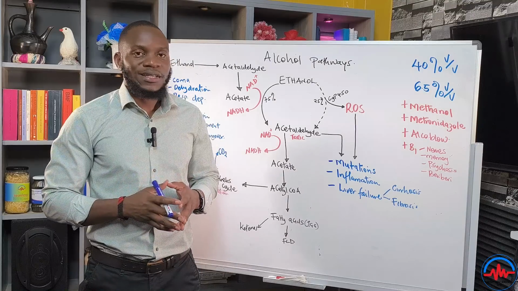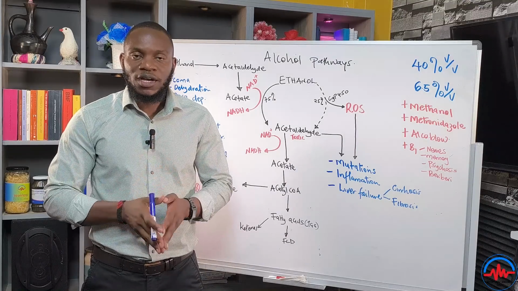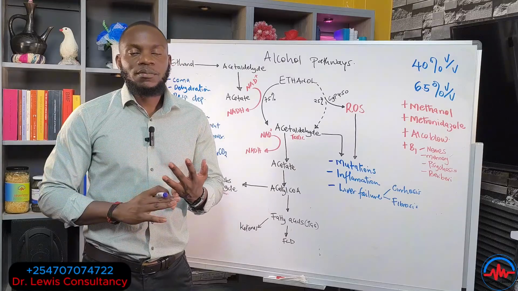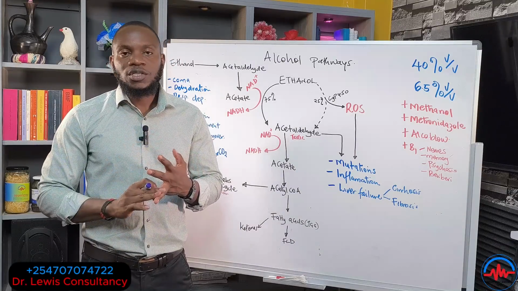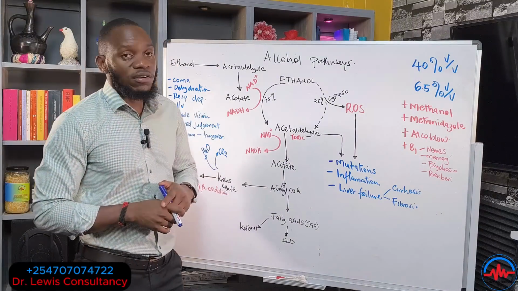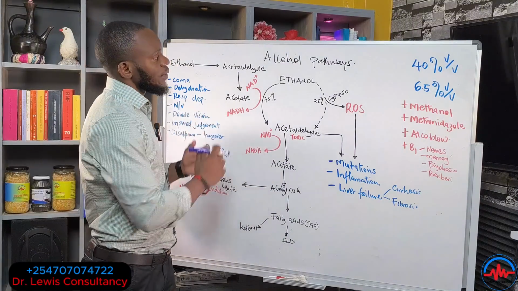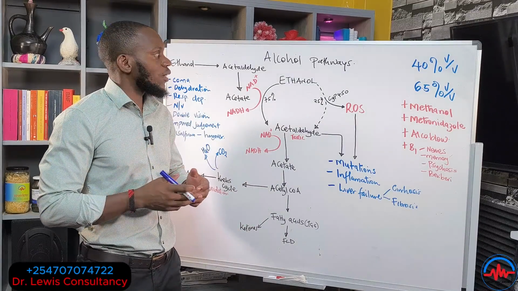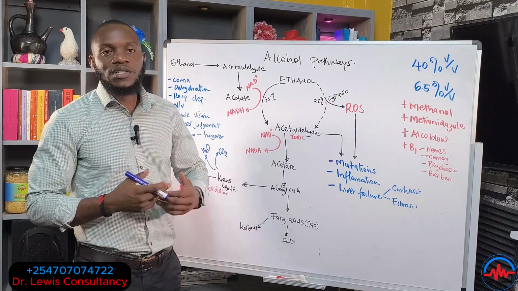Having understood the impacts of alcohol to your gut, to your bloodstream, and to your liver, which basically means one is permeability to the gut wall, two is production of the lipopolysaccharides that will actually cause number three, which is toxicity to the liver, it's time for me to take you to the metabolic pathways of alcohol, so that you get to understand how this alcohol becomes metabolized and how it leaves the body.